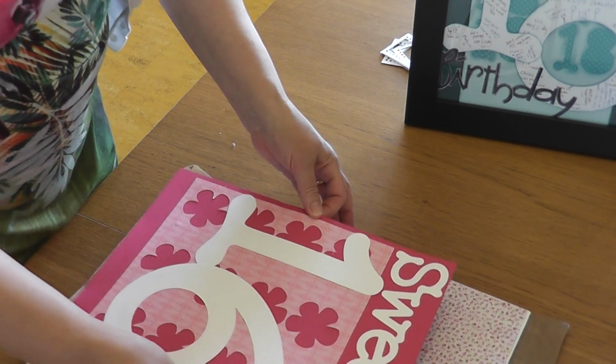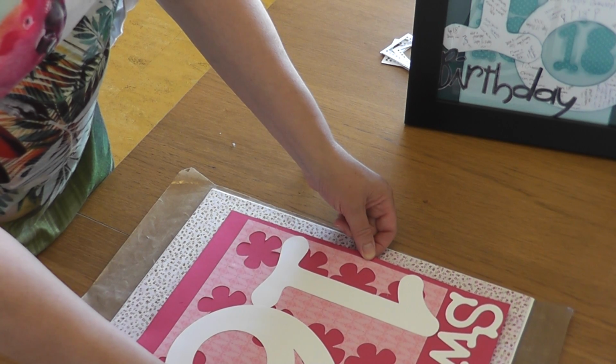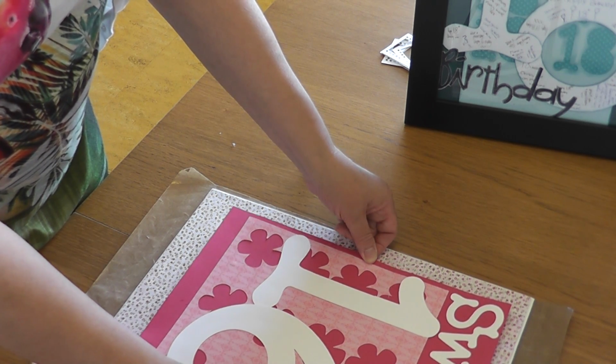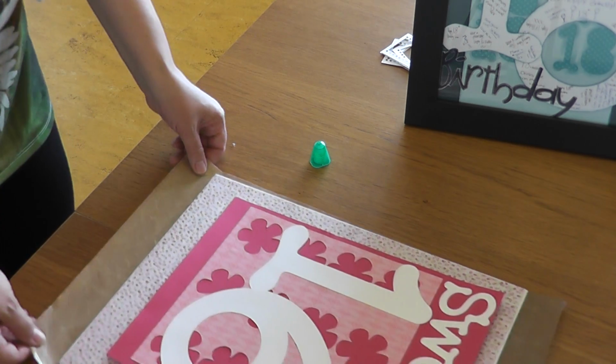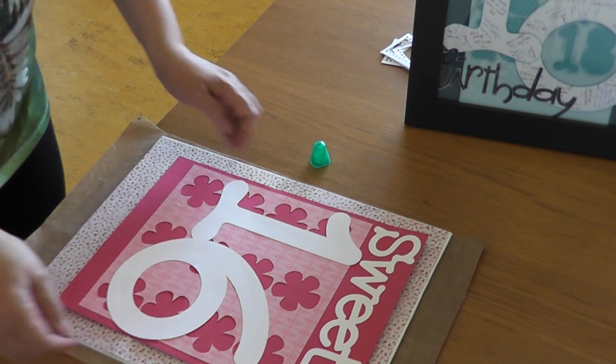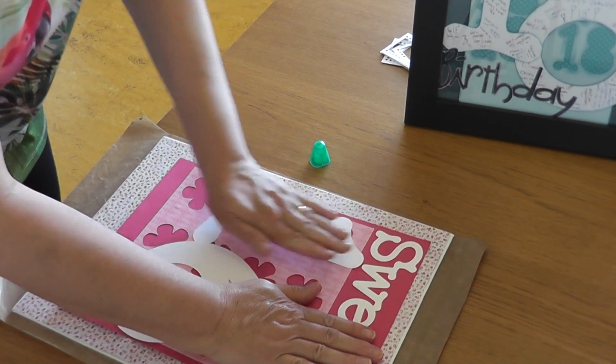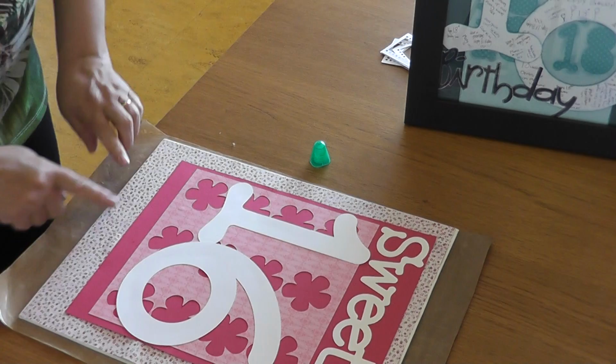Okay, and then you just lay this onto your canvas, and I'm going to bring that up to the top slightly. Let's see if I pull this back again because I've moved it out of your way, haven't I? If I pull it down slightly, so I've got a border at the top. You can see the pattern paper along the top,